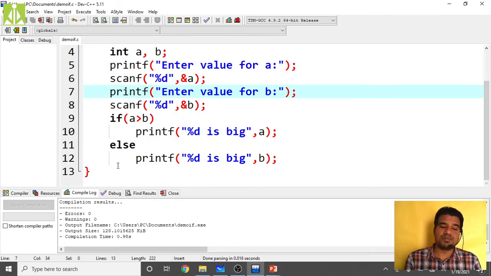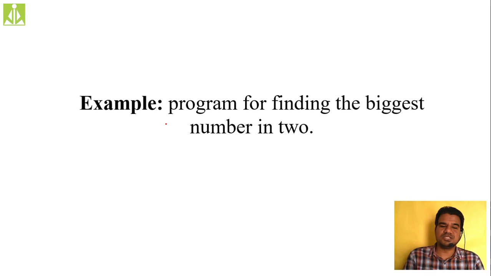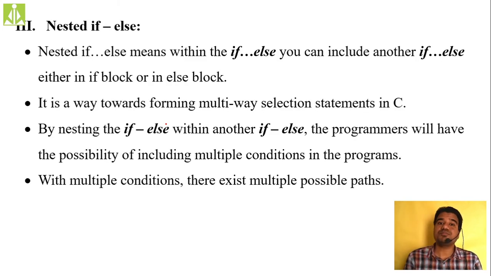So this is the purpose of using the if statement followed by the else statement. If followed by a condition: if the condition is true, the true block will be evaluated. If the condition is false, the else part, that false block, will be evaluated. When the condition is true, the false block will be skipped, and when the condition is false, the true block will be skipped. This you have to remember. Quickly we go to our slides. This program for finding the biggest number was the demonstration of the if else statement. So quickly let's see the next thing we have.